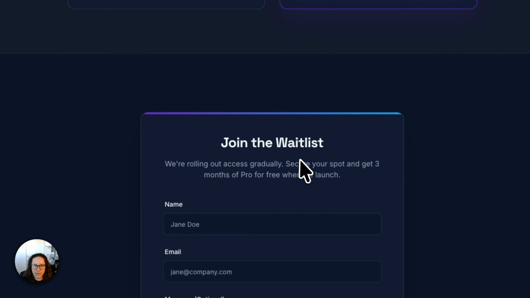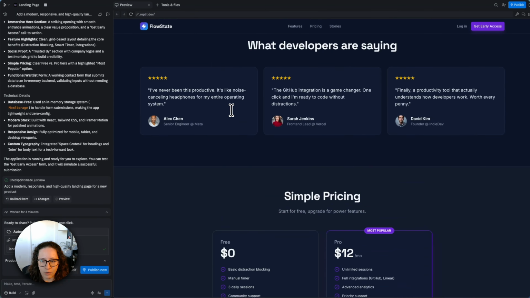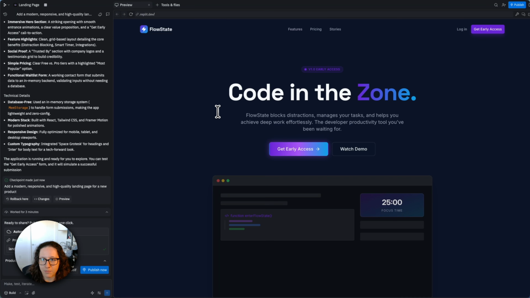So if we click the Get Early Access button, it's going to simulate some stuff. This looks pretty much like what I want it to look like for now. If you want to make changes here, then definitely do that. But I'm going to move on to the Render requirements that we're going to need to deploy our app on